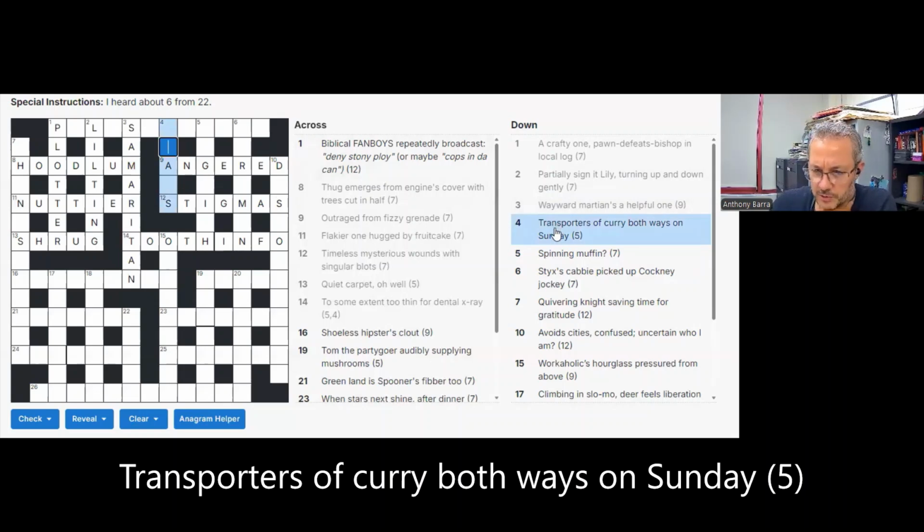4, transporters of curry both ways on Sunday. The wordplay could be at the beginning or at the end. In this case, the wordplay is both ways on Sunday. And the definition is transporters of curry. And if you enjoy eating curry with naan as much as I do, then you would know that naan can be spelled both ways. It could be spelled